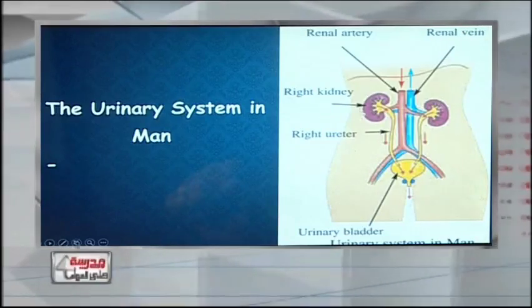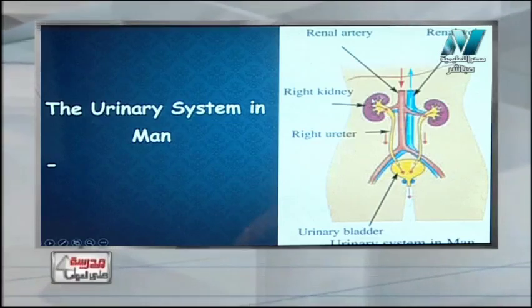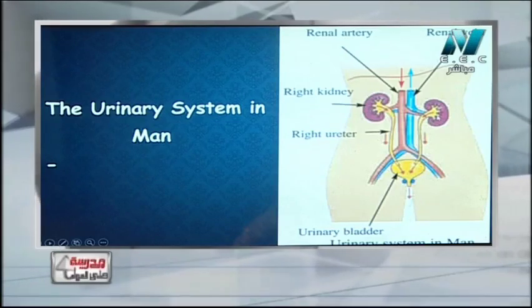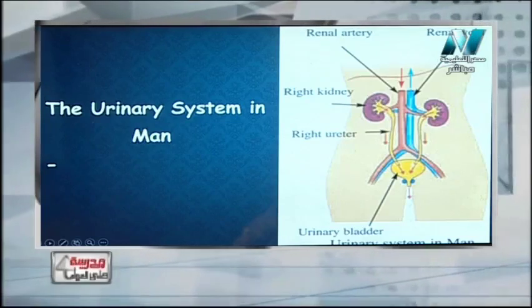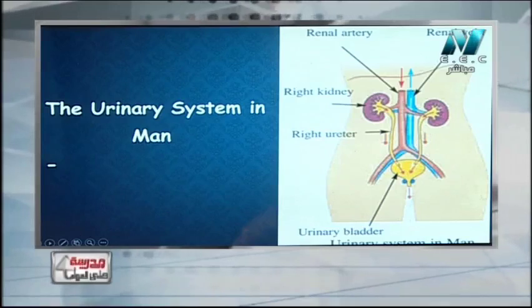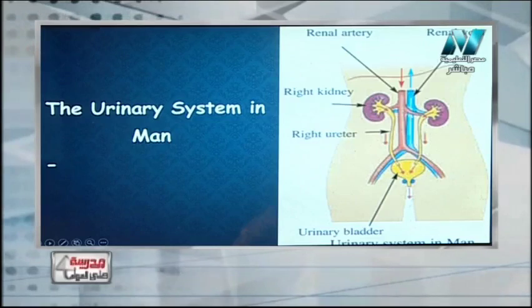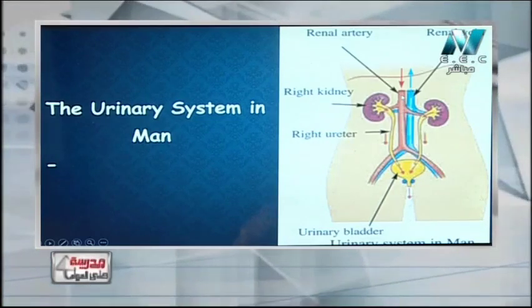Back to our urinary system. What is the urinary system composed of? Look at this picture, and it shows the parts of the urinary system. We have 2 kidneys, like this, as you see, right kidney and left kidney. And these kidneys are connected to blood vessels. Yes, try to follow the mouse. That's right. This is renal artery. And the renal artery is a branch of the biggest artery in the body, which is aorta.